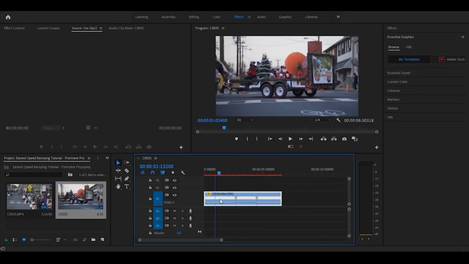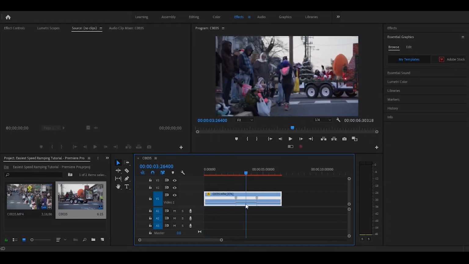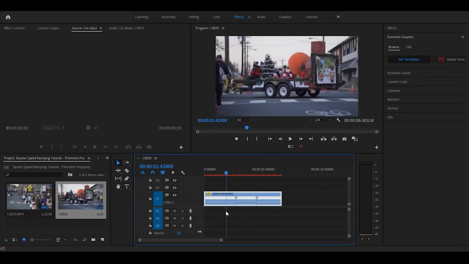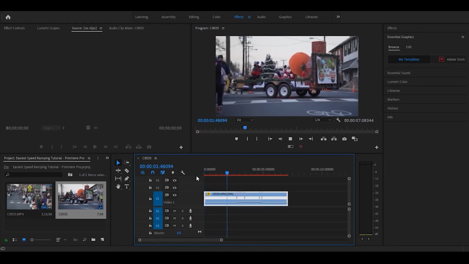Now, the problem is right between here and here, it goes from really slow to really fast. To help even that out and make it a nice smooth transition, we're going to grab the point with the left mouse click, boop, boop, drag it twice this way. Oh, that was 3 times, twice. And this one going back, you only have to do it half as much, so that goes once. And now when we play it,